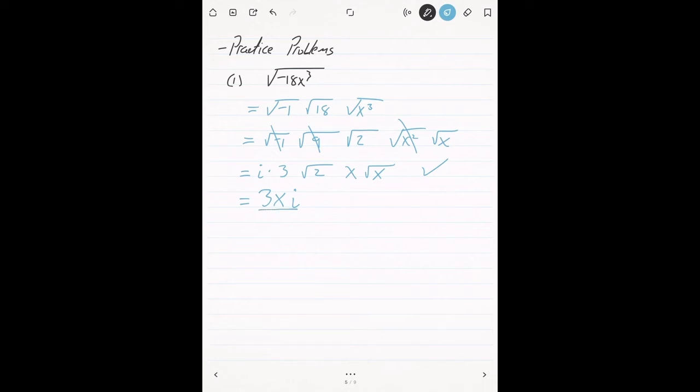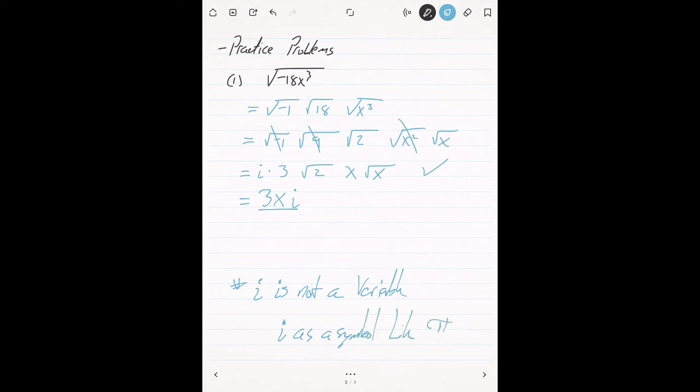I is not a variable. Make that as a big note to yourself. I is not a variable. You do not plug things into it, okay? Think of I as a symbol